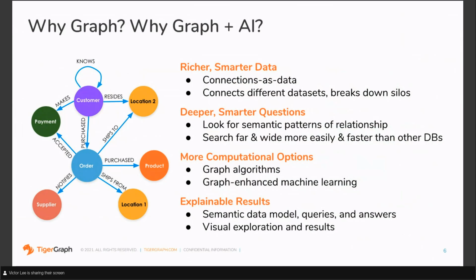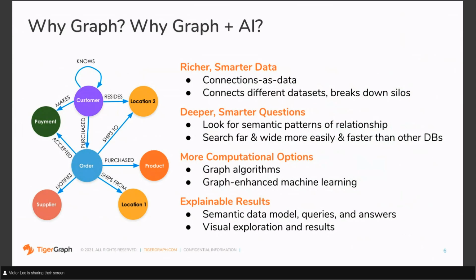As we already talked about, those semantic relationships, whether you're formally using a semantic graph or you're using a property graph, in both cases, your edges can represent semantic relationships. And you can ask questions that relate to very natural human questions of how things are related to one another. You're thinking about where does this person reside? Where do I ship this to? How are they purchased? And the idea is not to ask just about single connections, but to ask them in chains and in combinations, which in your regular natural human language, such as English, you can very easily express